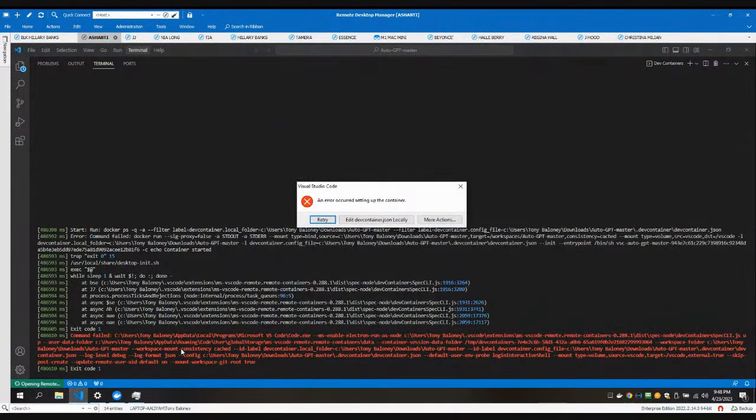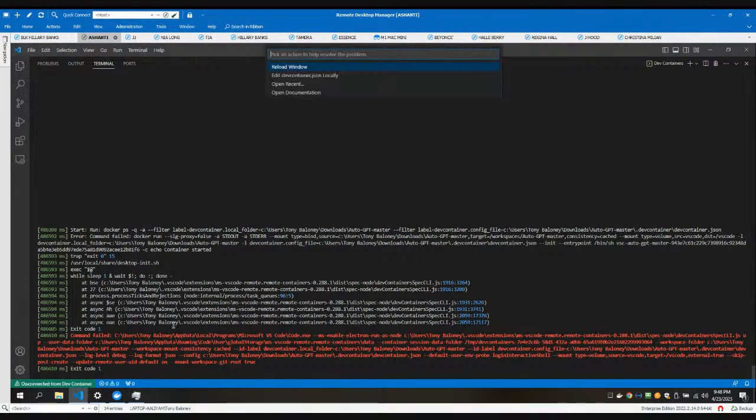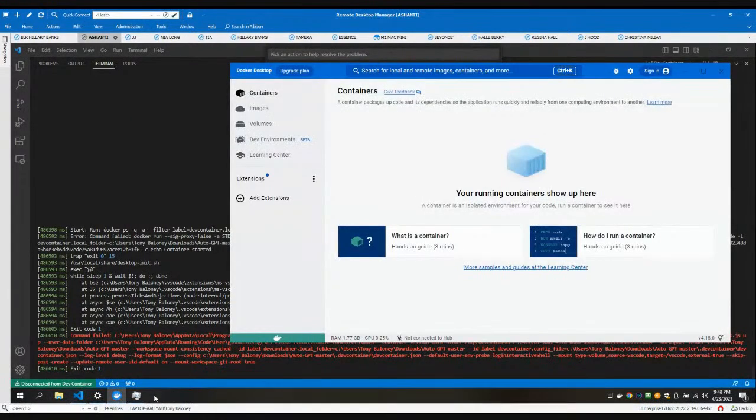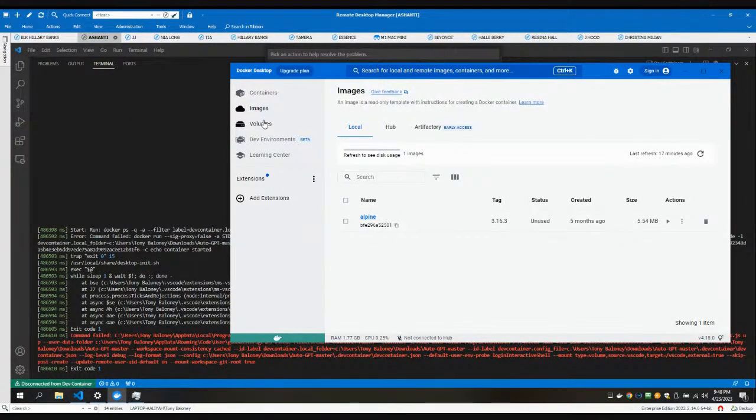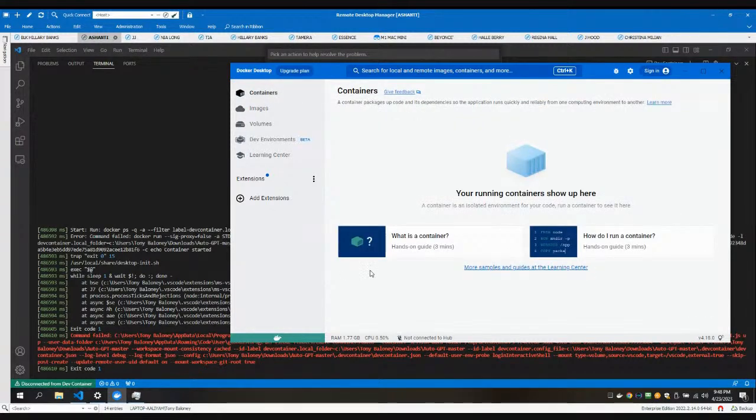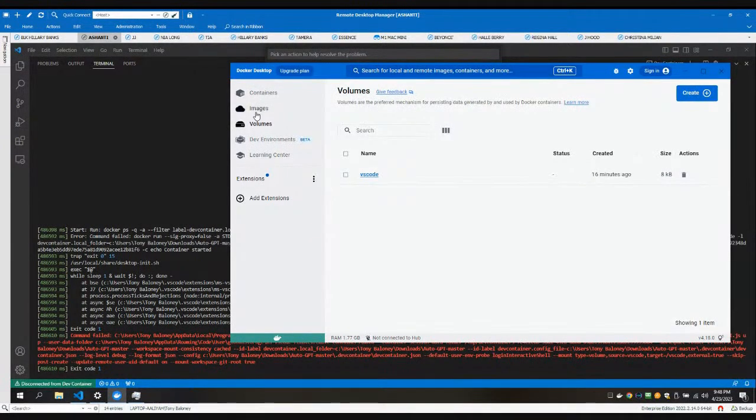Okay, so command fail, an error occurred. Yeah, we won't worry about Docker on the system as well. Disconnect. Oh, did it connect? Okay, there's our images, but it didn't create any containers. We have volume,